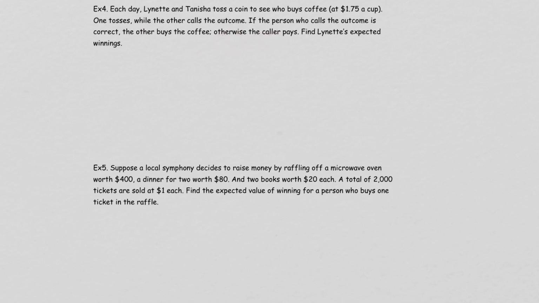Otherwise, the caller pays. Find Lynette's expected winning. So I need to write the probability distribution and what will be happening. What's the case? So your case is going to be